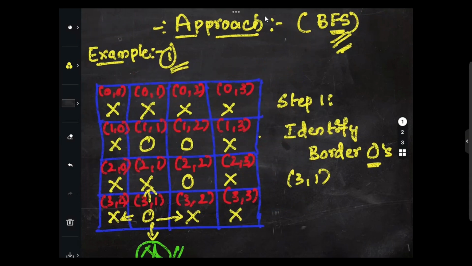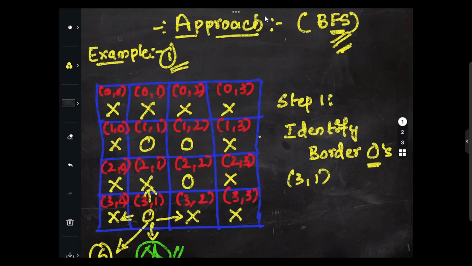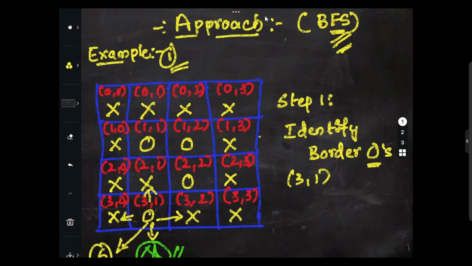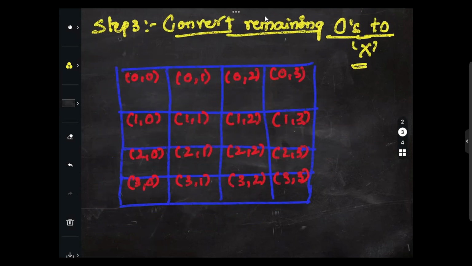Right? In this case, we will mark this one as yes, that is connected to the border. We will be converting that one to S in the second step. Now what will happen? This remains the same. So for the first row we have x, then followed by x double x 0. In the second row it's x double 0 x, I'll just give here x double 0 x. In the third row we have double x 0 x, same thing. In the fourth row,